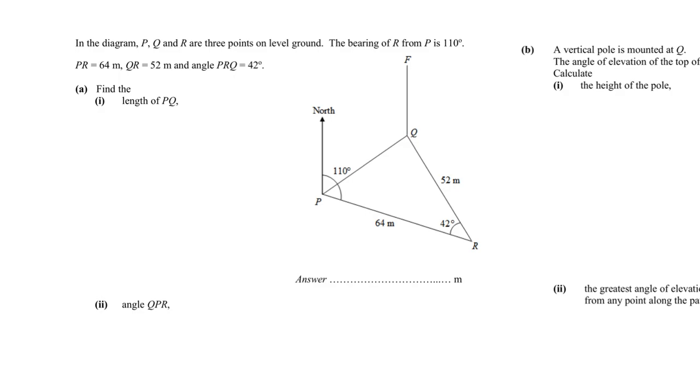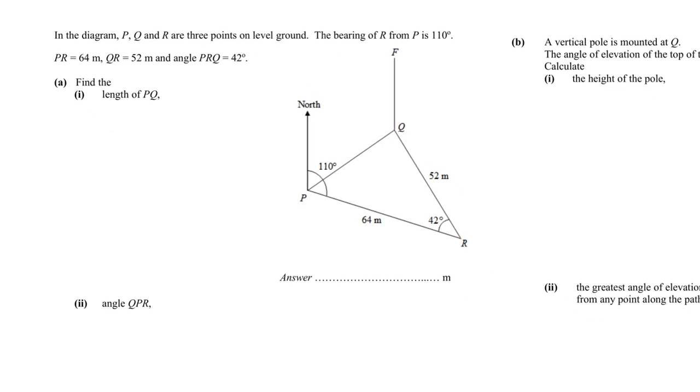Hello everyone, welcome to this video on trigonometry, where we are given points P, Q, R on a ground level, horizontal. Bearing of R from P is given as well. And let's take a look at the first question. Given this following diagram,